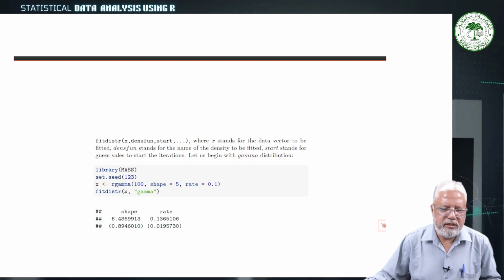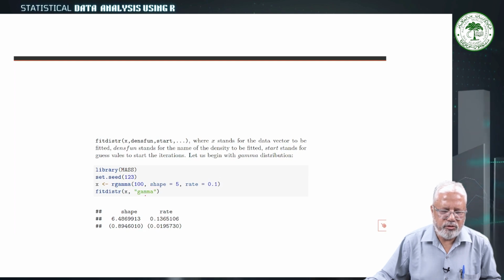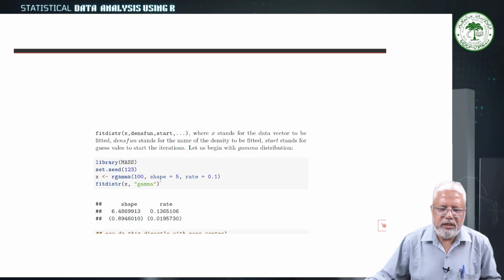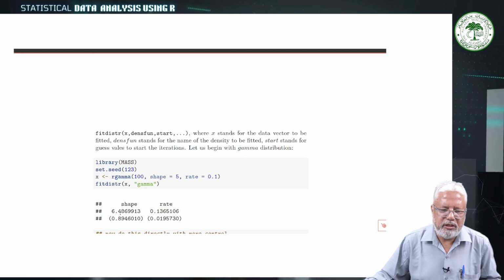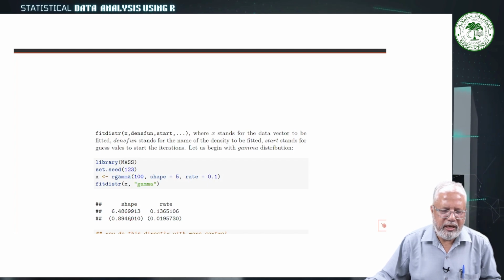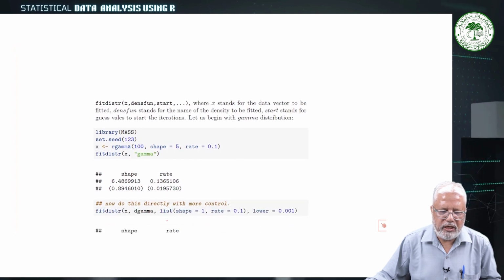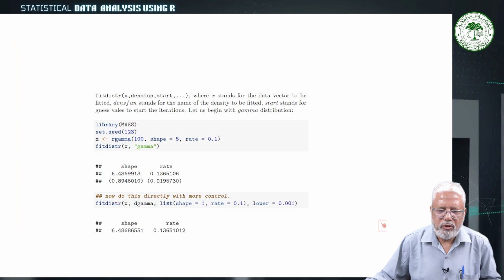So fitdistr x is the data object and the function name is gamma. So we are getting here, our shape is 5, here the estimated shape is 6 point something. Rate is 0.1, but here it is 0.13. And these are the standard errors of shape and rate. Fitdistr x gamma. See, now